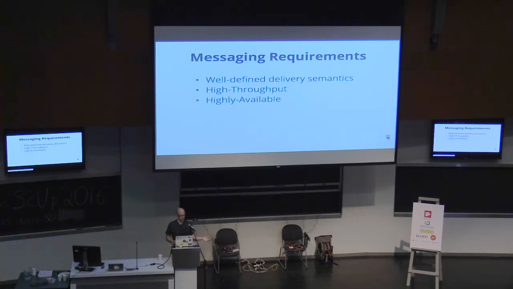We want it to be highly available. We don't want failure of a part of the system to stop it from working. We want durability, so we don't want the failure of part of the system to cause data loss. We want it to be scalable, so we can easily grow capacity as the system evolves over time. And finally, we want back pressure. This is the need to be able to handle slow consumers of information as well as fast producers.